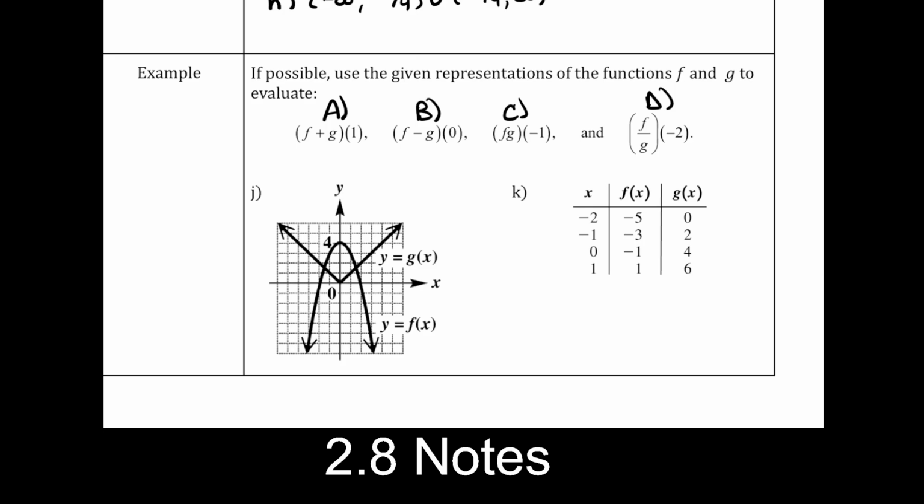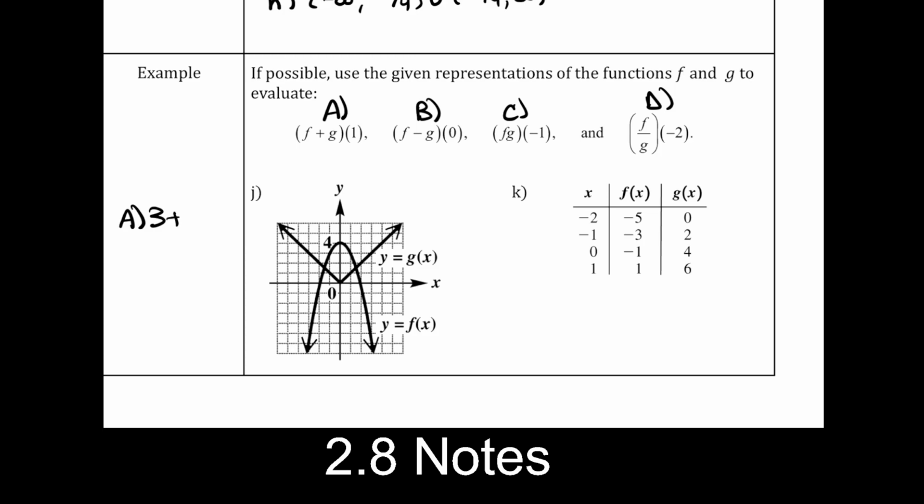I miss you all. Okay, so part A over here is f plus g evaluated at 1, right? And so my top function up here is my g function, and my bottom function is my f function. And so when you're doing this, f plus g of 1 is, of course, f of 1 plus g of 1. F of 1 is my function f at 1. So if I follow f along here all the way to 1, it looks like I'm right there, right? And that is the point 3. My y value is 3. So my f of 1 is 3